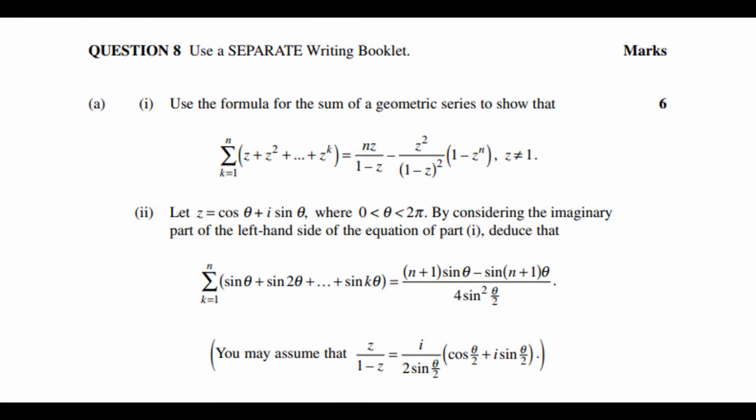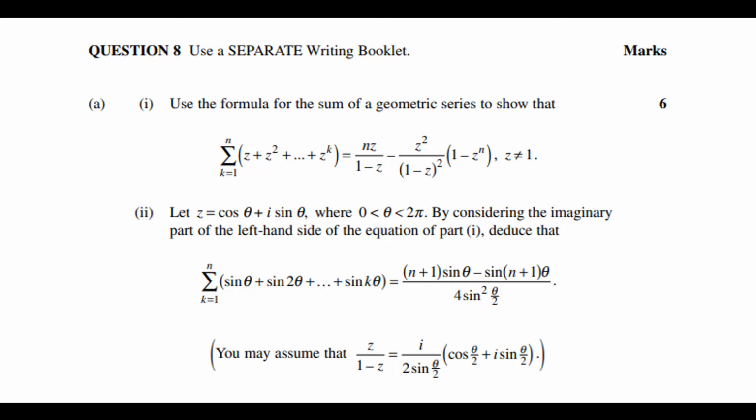Hi everyone, in this video we're working through question 8A part 2 of the 2004 unit HSC exam. So it follows on from my most recent video where we worked through part 1. So this part 2 says to let z equal cos theta plus i sine theta for theta between 0 and 2 pi. By considering the imaginary part of the left hand side of the equation in part 1, deduce that